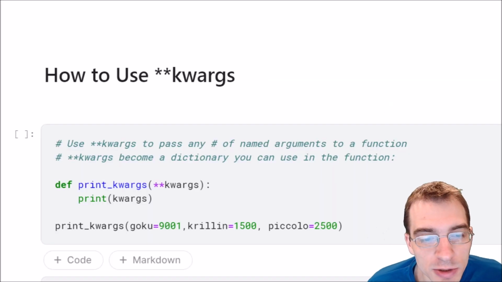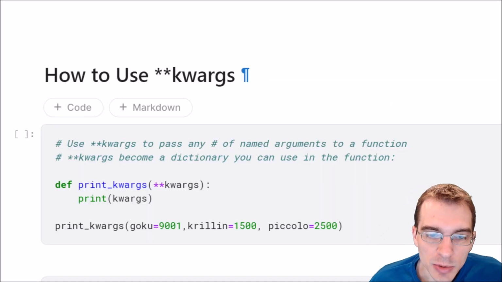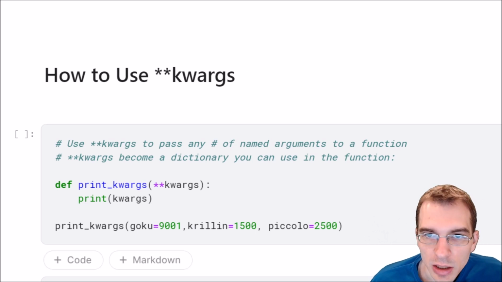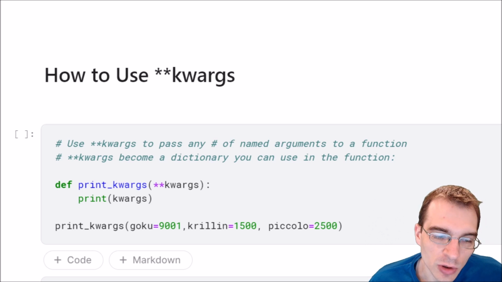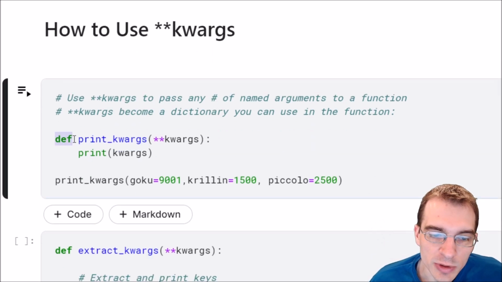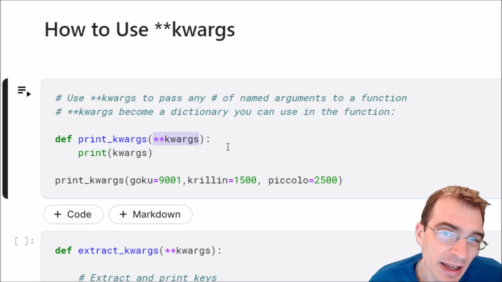In this video, we're going to learn how to use the double star kwargs construction in Python when defining arguments for a function. So normally when you define a function in Python with the def keyword, you're going to have some number of arguments that the function is going to take in. Often this is a fixed number of known arguments that aren't going to change, but you can set up functions so that they can take in any number of arguments, both unnamed or named.